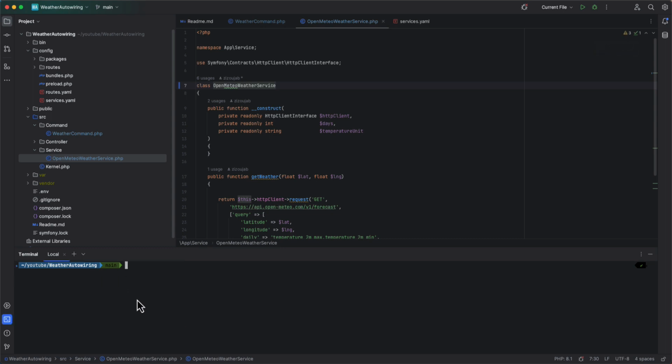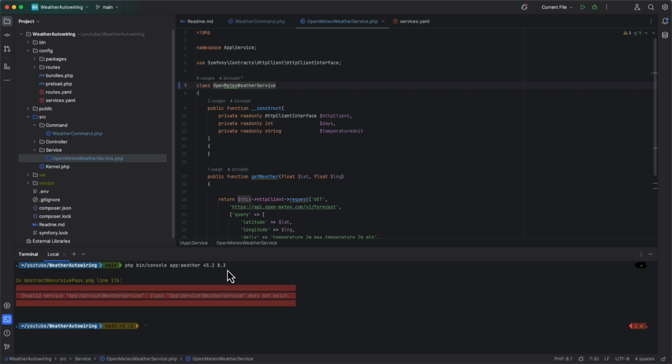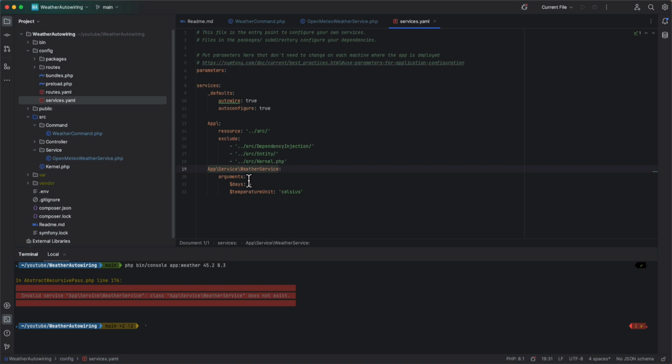So I'm going to execute php bin/console app:weather, and then I'm going to give a latitude and longitude and see if that is going to work. No, it's not working because we have an invalid service class, App\Service\WeatherService. Why? Because in services.yaml we are still declaring weather service instead of